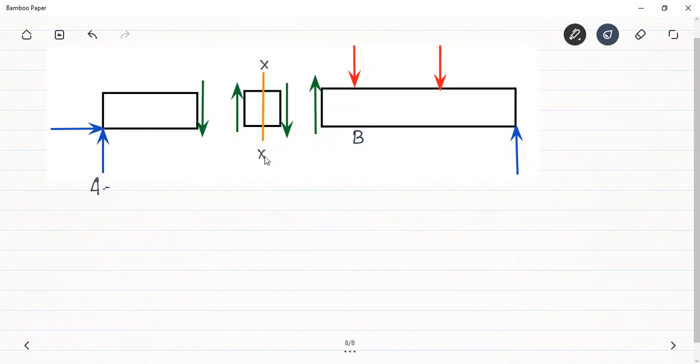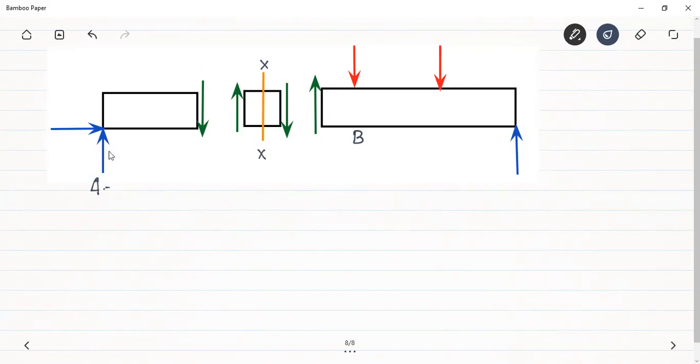One more method is that on this section, what you consider is an element. You take a section, consider some portion on the left hand side, consider some portion on the right hand side. That is, you consider an element. I have considered here an element instead of the section. Fine. So now we are considering an element, therefore it will break the beam into three parts. One will be the element, one will be the portion of the beam towards the right hand side of the element, and another towards the left hand side of the element.